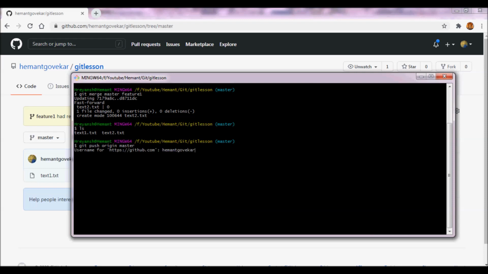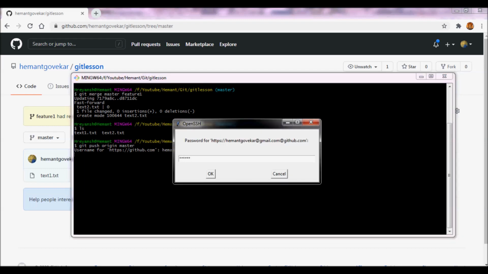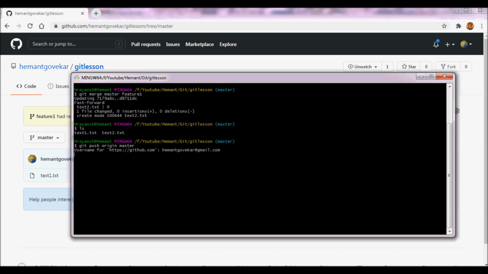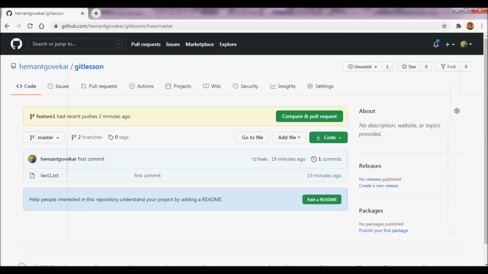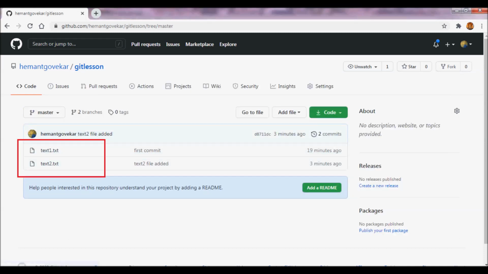Let me put in my credentials. And now let me refresh this page. You see this in master. I was successfully able to get the feature 1 branch text2 file into my master.